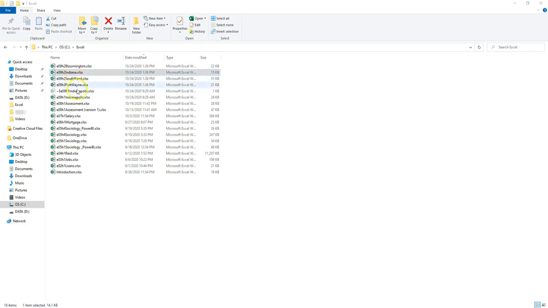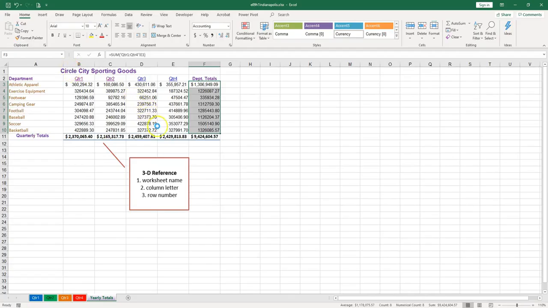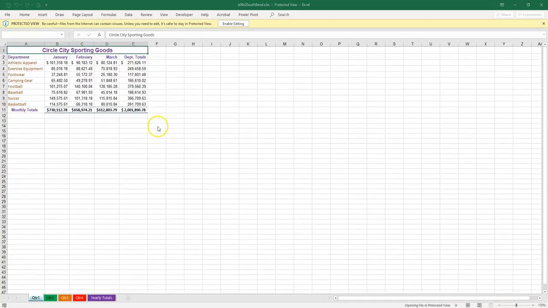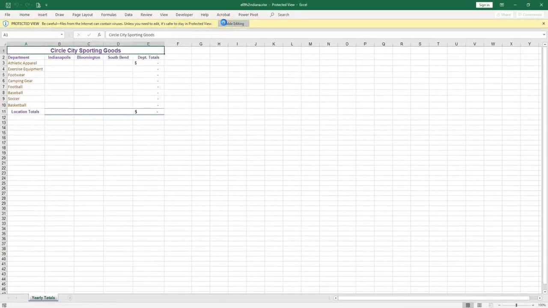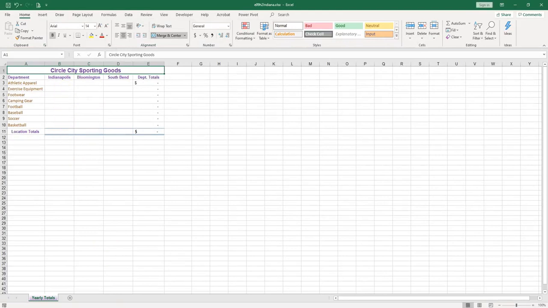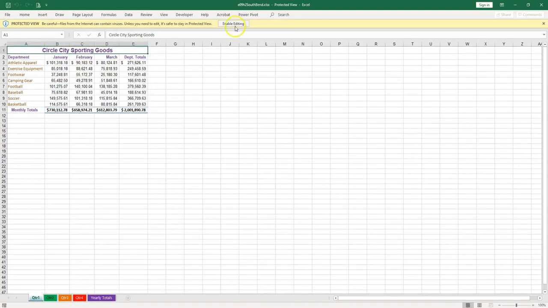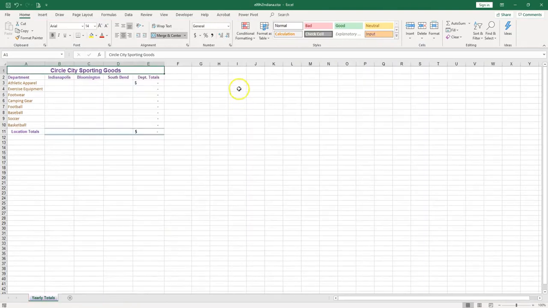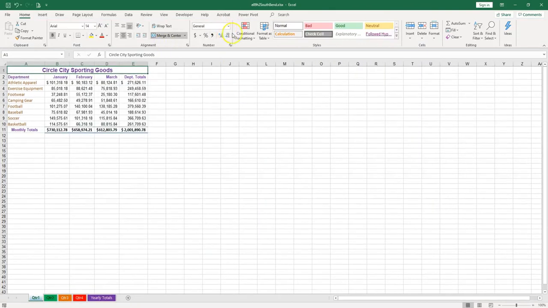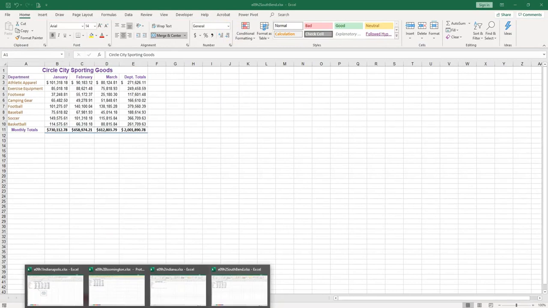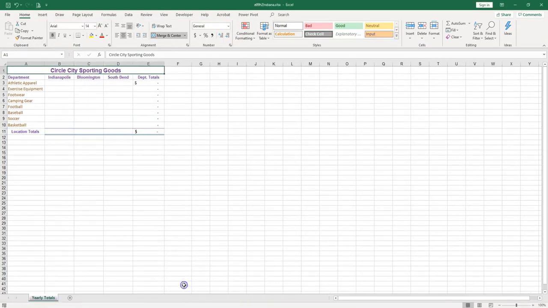We are going now to use more files. So we're going to use Bloomington, South Bend, and Indianapolis. So Indianapolis, I have it open. I'm going to open also these 3 files. So push enter to open them all. Okay, so enable editing. Let me do the same with the other ones. Enable editing. And South Bend. Cool. Okay, now let me go to Indiana file.